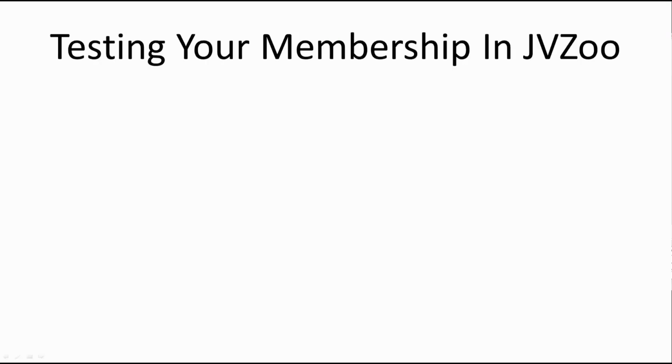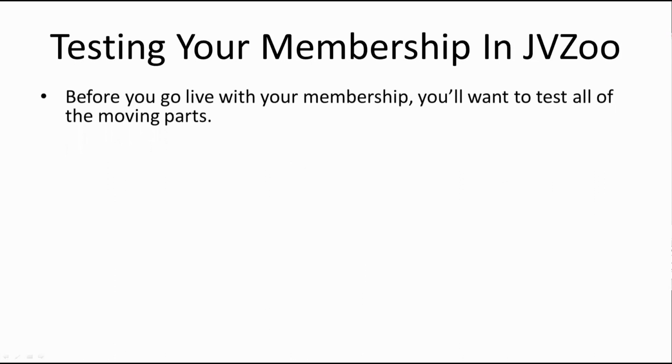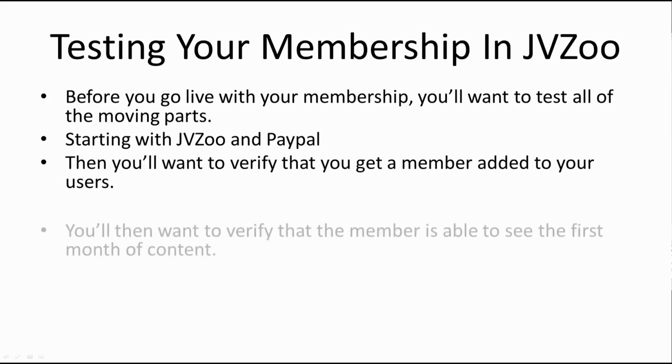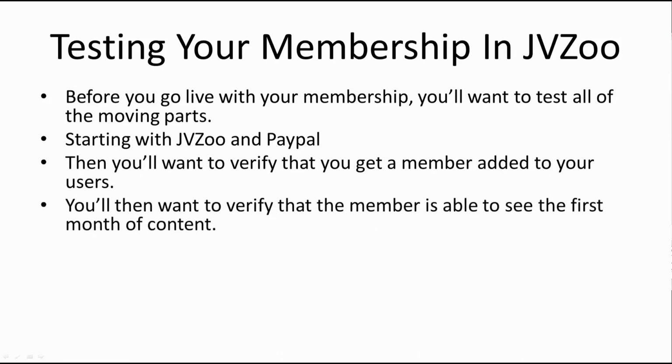Welcome back. Now in this video, we're going to be talking about testing your membership in JVZoo as well as in your WordPress installation. Before you go live, you'll want to test all of the moving parts of your membership. You're going to start with JVZoo and PayPal, and we're going to show you how to do that here in a minute. You're also going to want to verify that you get a member added to your user section. You're also going to want to verify that the member is going to be able to see the first